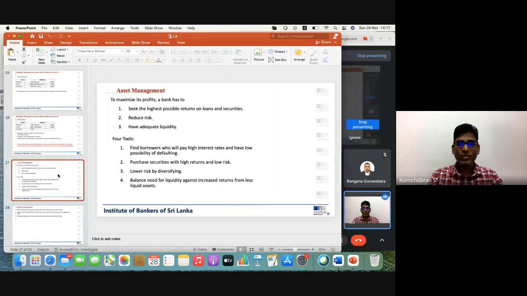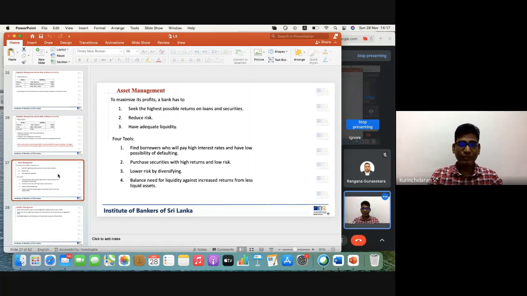So you have to purchase securities with high returns and low risk. Or even if you are going for a little bit higher risk, you have to diversify. You can lower risk by diversifying. If you are going to invest in the share market, you can take the hotel sector as well as the retail sector or hospital sector, or maybe several sectors, the agriculture sector. So one or the other can provide a return, right? Bad times, good times, maybe all the times you will have some kind of balance.